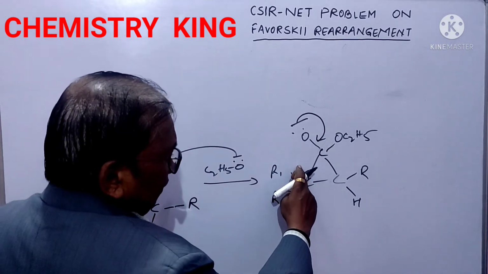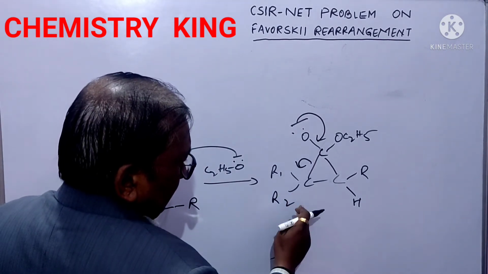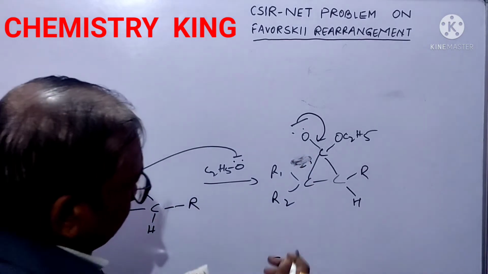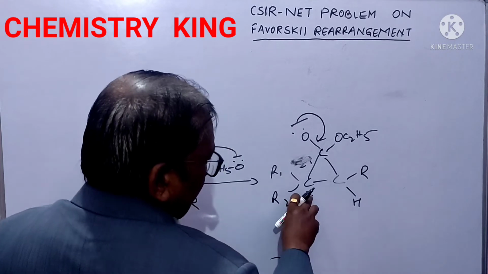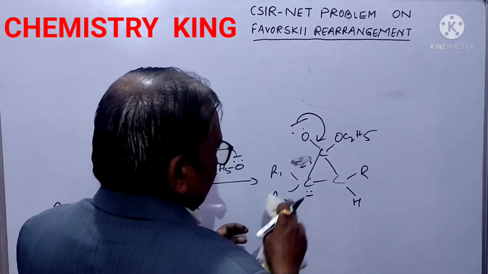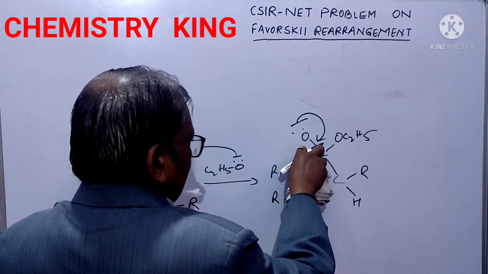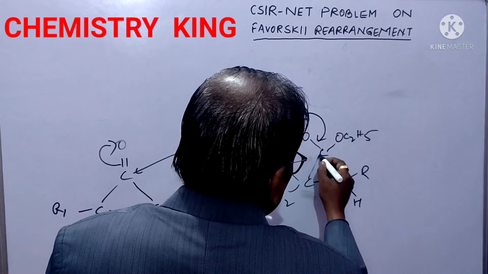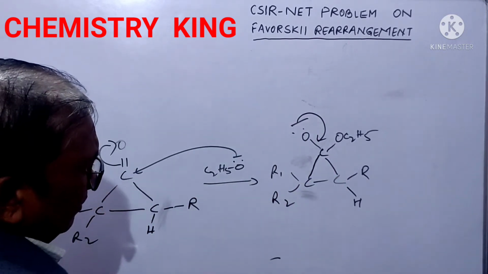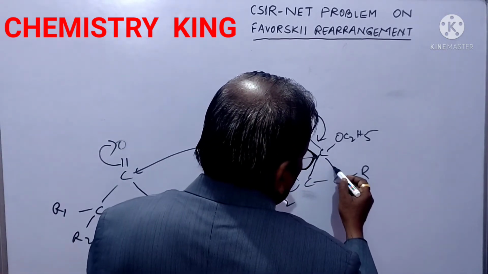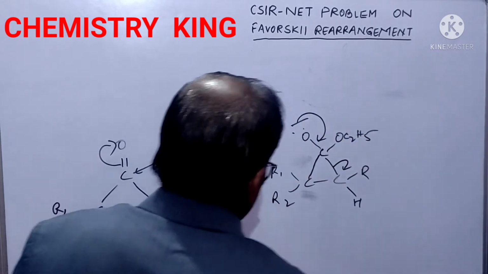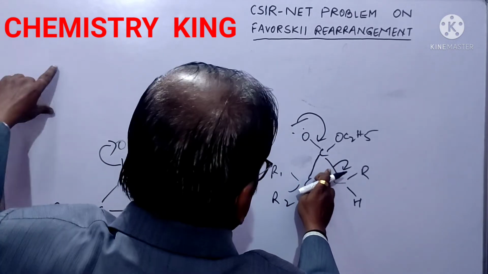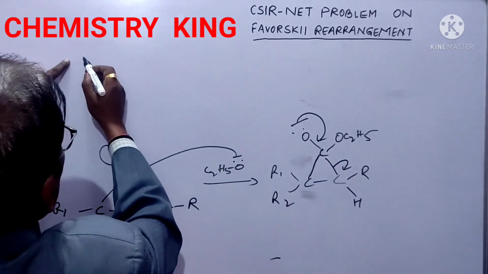If this bond breaks in this fashion, minus charge will be here and this minus charge will be intensified by these two R1. It leads to instability. So, this bond is not broken, rather this bond breaks in this fashion. Okay. Now this bond is broken,